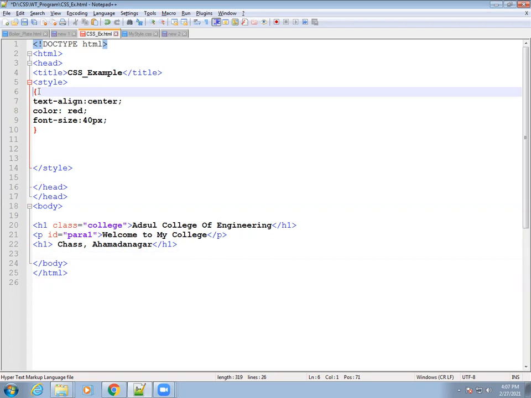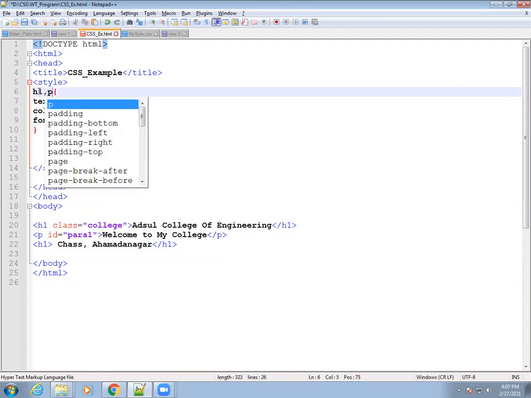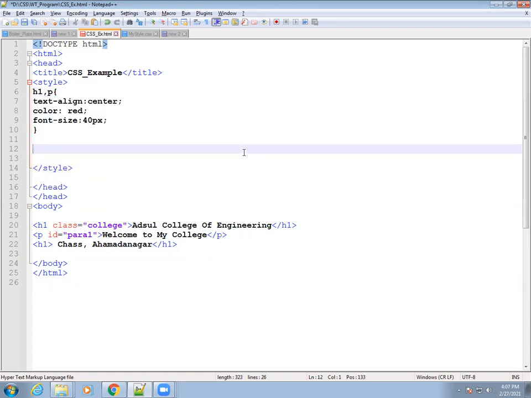If I write here H1 comma P, because I want to change everything like the previously used group selector, I want to change all the parts so that every statement has the same size, same color, same background. That's why I mention the grouping part, H1 comma P. Let's see what we get from this. First save and then run.